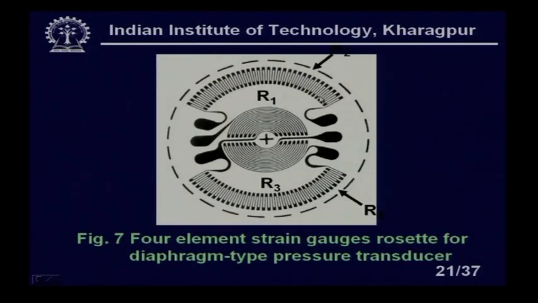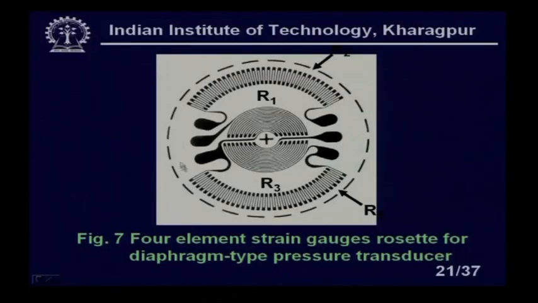What will happen, these strain gauges will sense this R2 and R4. This will sense the radial strain, right, which is maximum at the